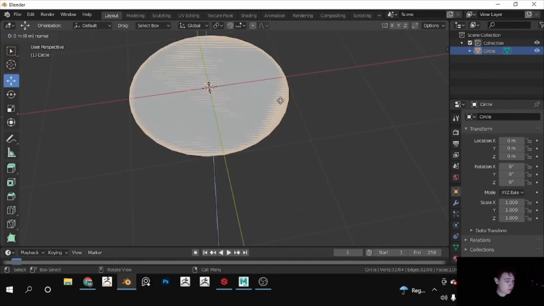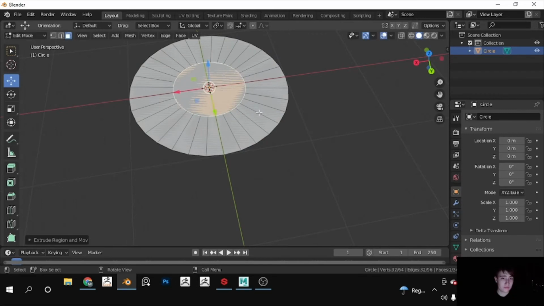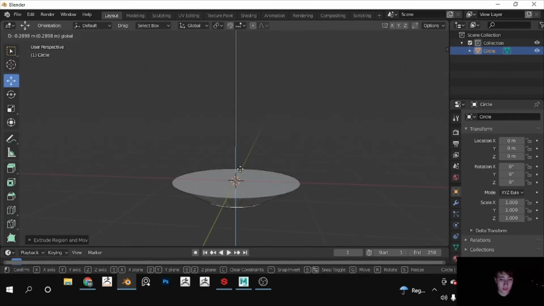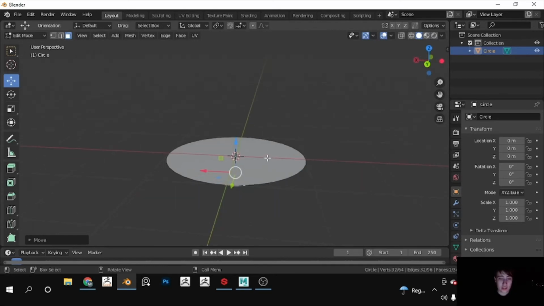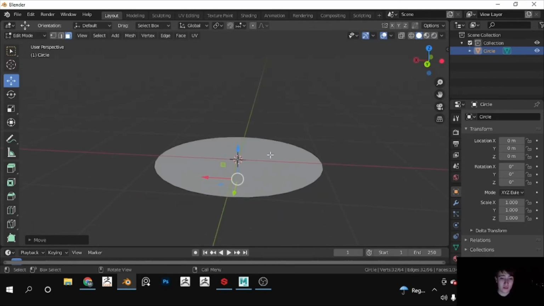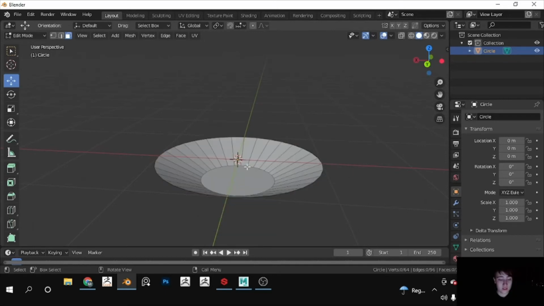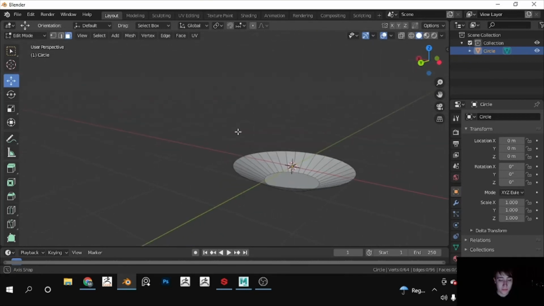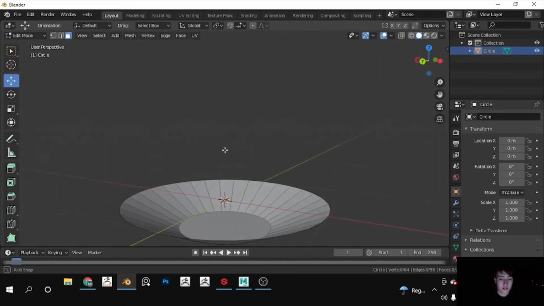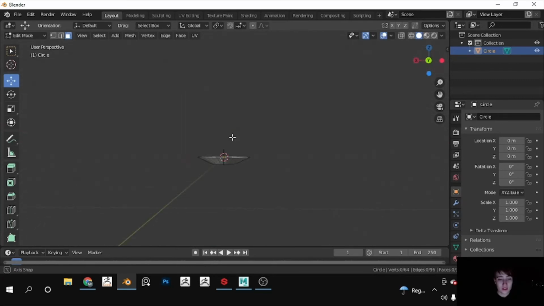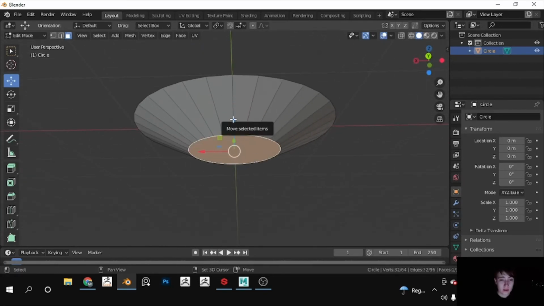Going to extrude it and scale it inwards. Something like that, and then move it downwards. Then you see this extra face that gets added. We're gonna just press that one and delete it. Delete and then delete face, because that's a face. And you can see the very basic shape of a plate, but we want some more definition to the shape, right? So you're just gonna start by pulling this